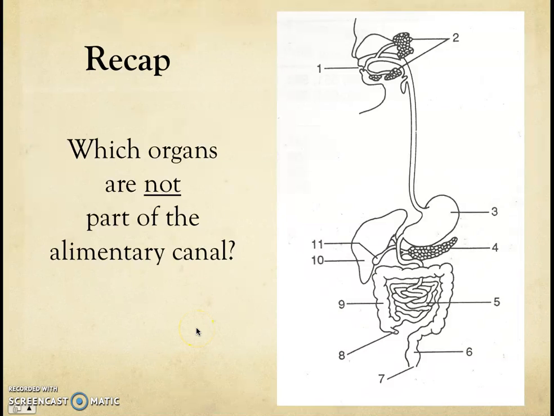Well, hello there and welcome to our next video on this topic of the human digestive system. Now, in our last video, we talked about the parts of the digestive system. And we saw that the digestive system can be divided into two groups of organs. We have the alimentary canal or the gut, which is the parts of the digestive system that the food passes through. So everything that the food passes through,